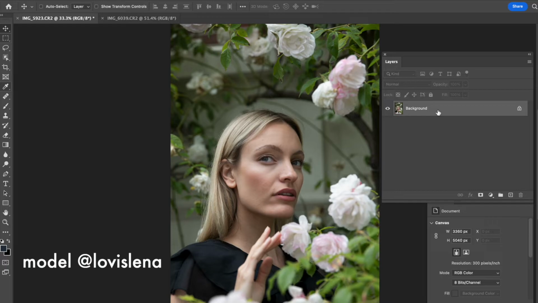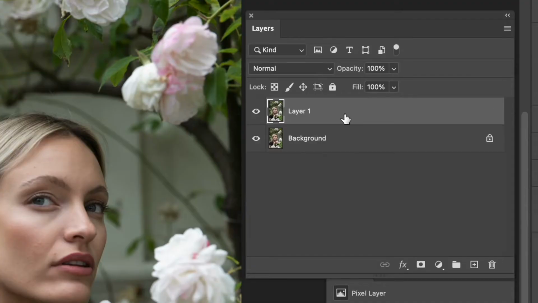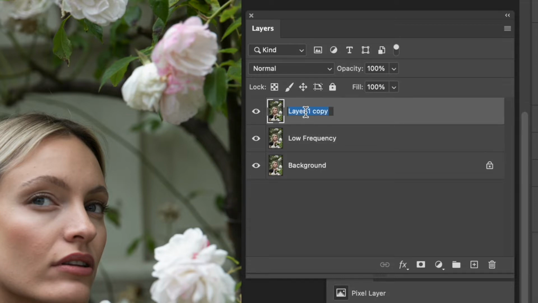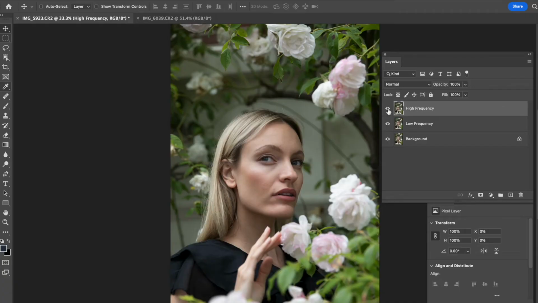So I'm going to press Command J twice, and then the bottom layer, just select that one, and I'm going to name it low frequency. And then the top layer, I'm going to name it high frequency. So just turn off the high frequency layer by pressing the eye, and then we're going to go to